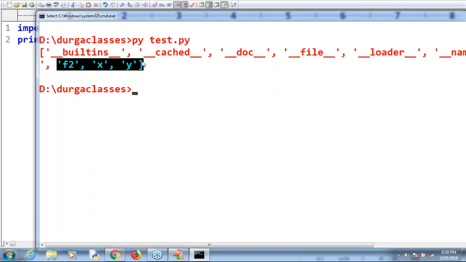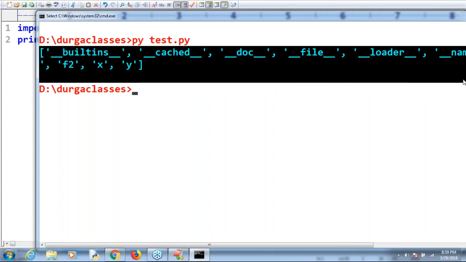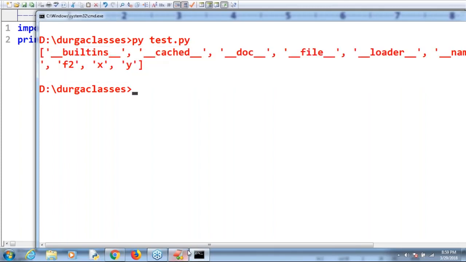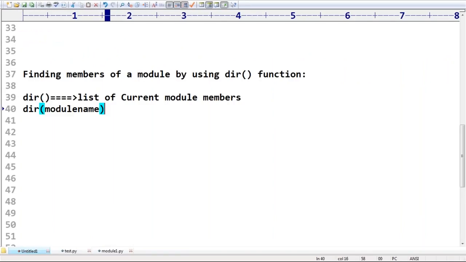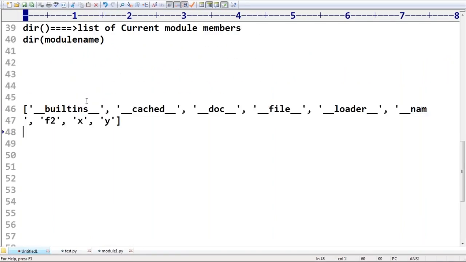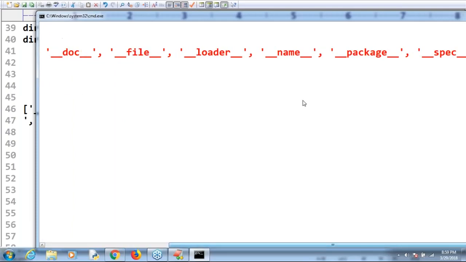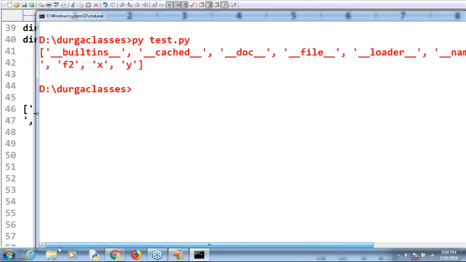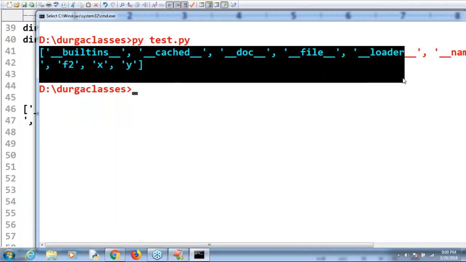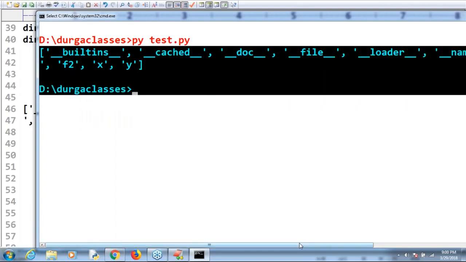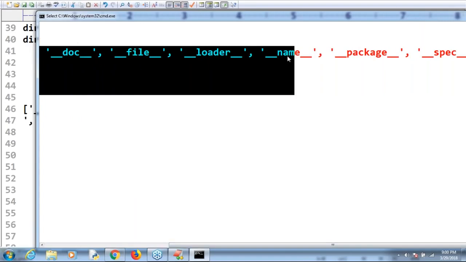Okay, so these are the things you people should be aware of clearly. Next, for every module at the time of execution, the Python interpreter will add some special properties automatically for internal use. Just be aware of what things are going to be added. Can you please wait one minute, sir? Why is it not coming? One minute, please wait.